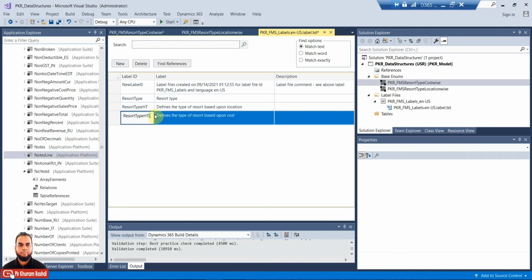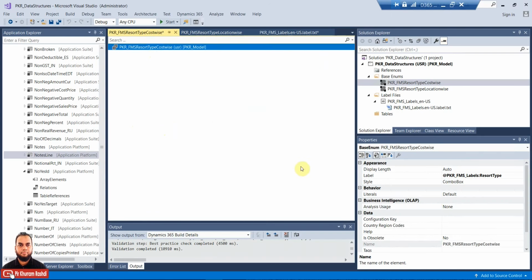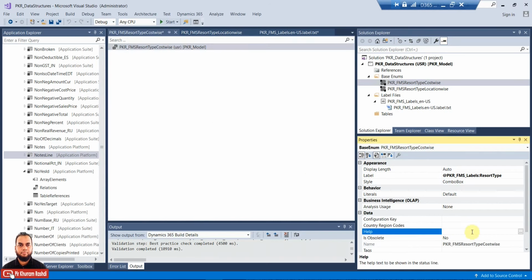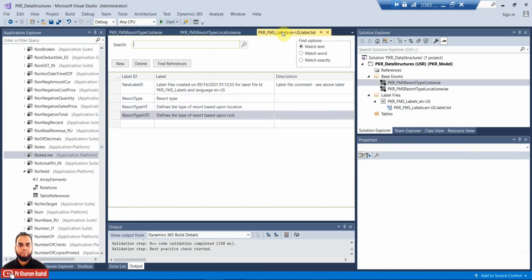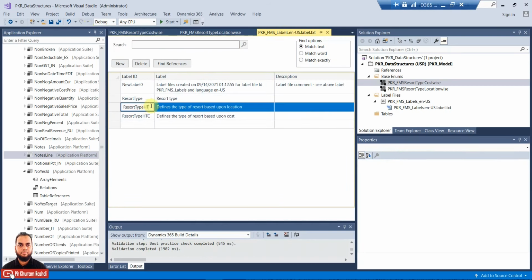Yeah, this one is for cost. We'll just copy this and we'll put it in the help property. And the same way for the other one, which is location based.